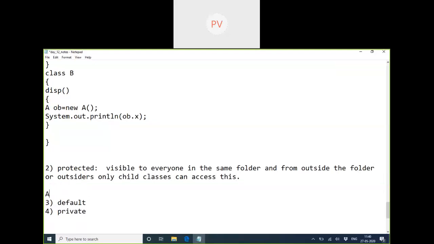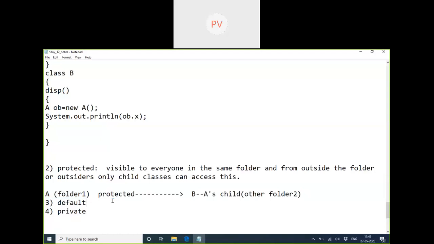If there is some A class and some A's child, but it is in another folder. The A class is in folder 1, and the child class is in folder 2. Still, the B, which is a child class of A, can access all its protected data. So the protected data is accessible even to any child outside the folder.